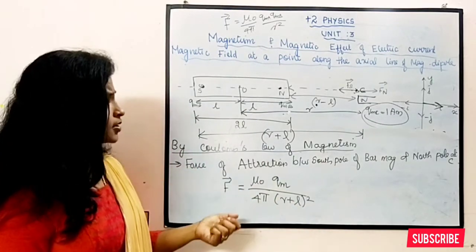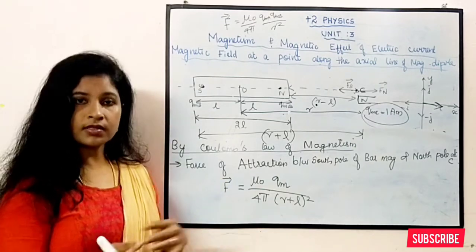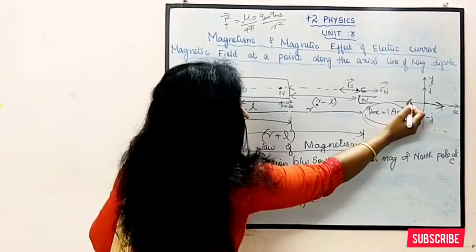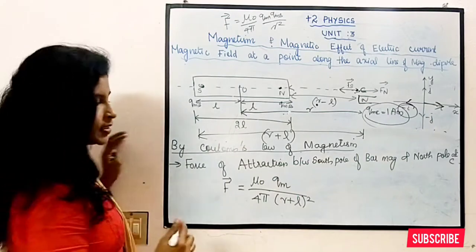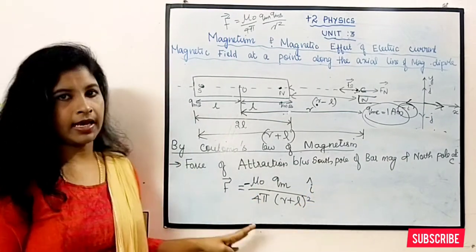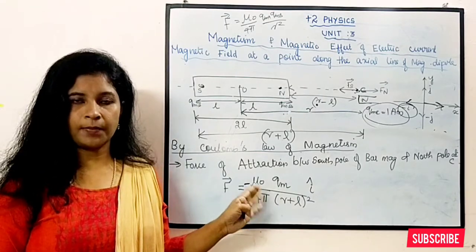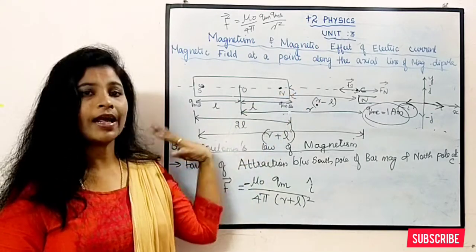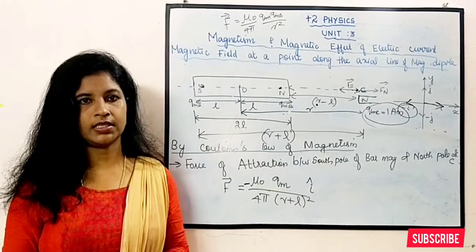Okay, so what is the distance? What is the direction? So I am writing it in vector form, right? So what is the direction? So attraction, yeah, இந்த பக்கமா தான் attract ஆகும். So the attraction in this direction. So I have to take it as minus sign. So when I take the direction, I have to write it as minus I cap. Clear? How to write force of attraction and force of repulsion? So this is about force, that is Coulomb's law. When it is attracted and when it is repelled, what will be the force? That we have calculated it.